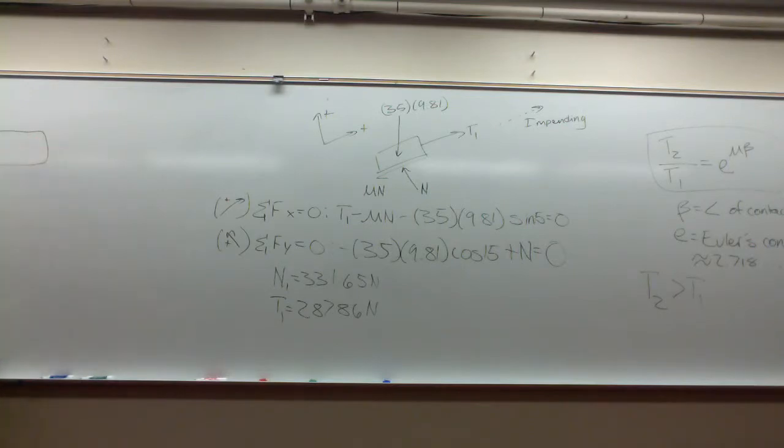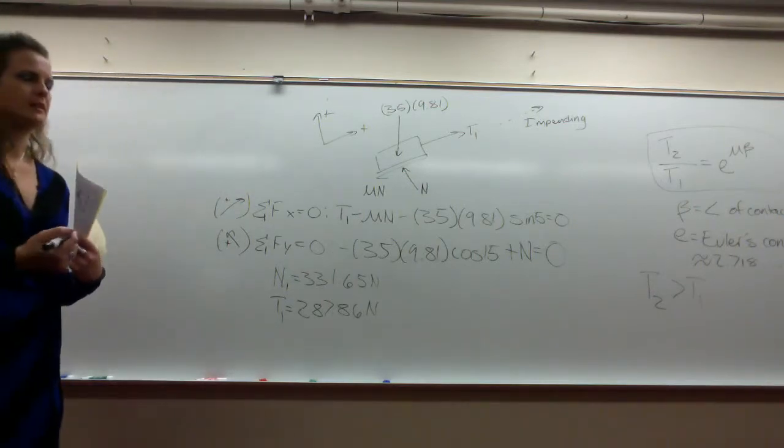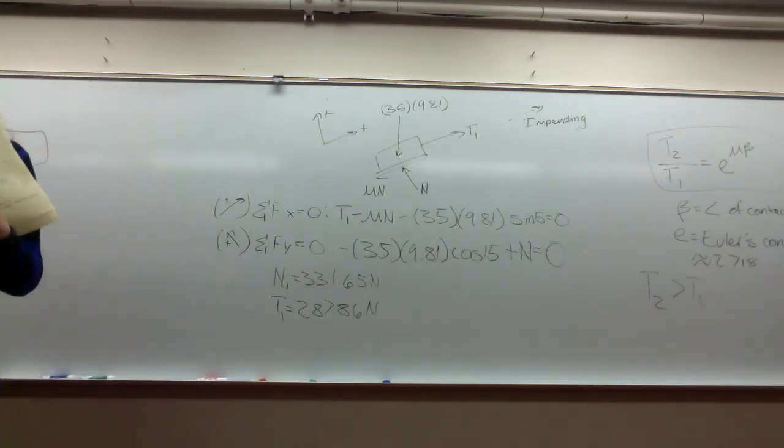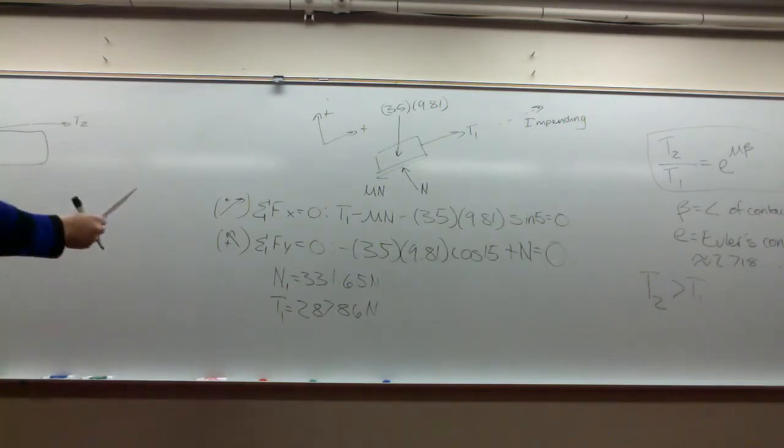And I noticed this morning when I was reviewing my notes that this drawing isn't totally correct with how we solved it. Okay, I'm assuming one point of contact here across the corner, that curved surface of the rock. All right? So if I draw my free body diagram, okay, I have my tensions, right? And analyzing these tensions,